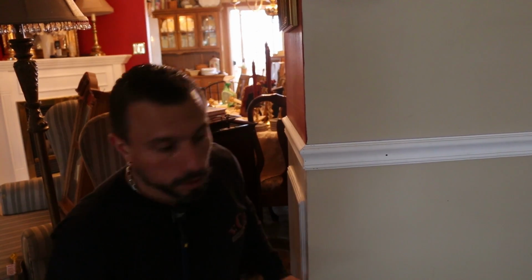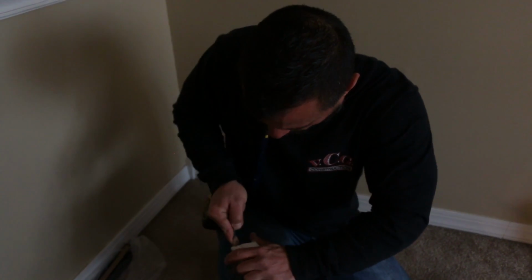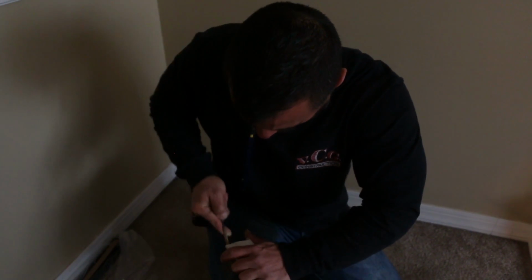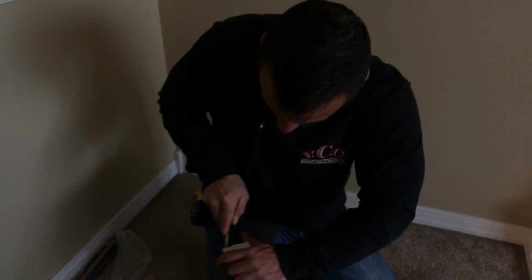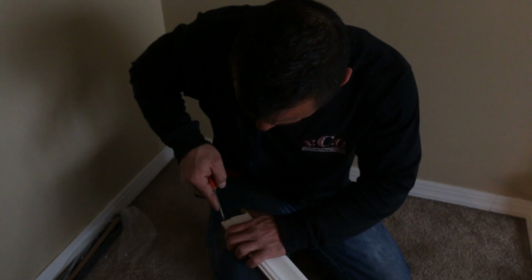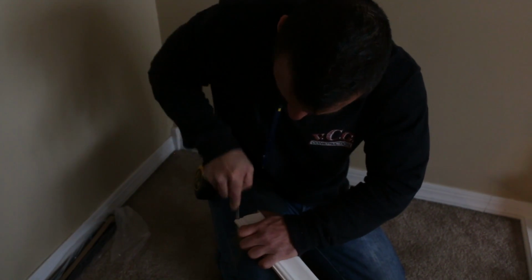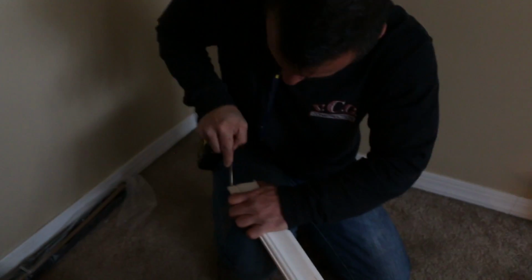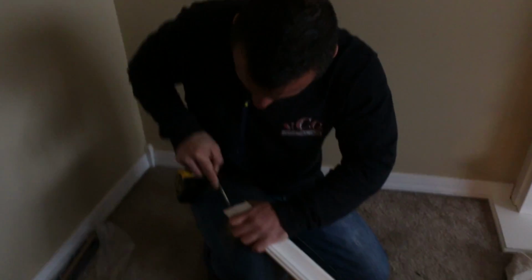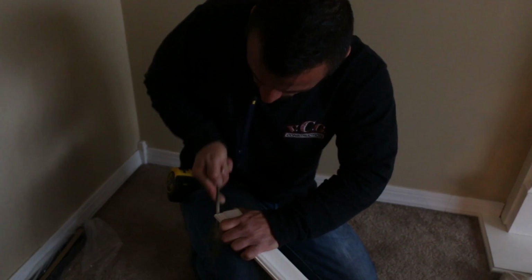All right. Okay, moving along, we're going to hang our third new piece of chair rail. The third piece starts in an inside corner. And to have a proper joint at an inside corner, you're going to want to use a coped cut there. For instructions on how to properly make an inside coped cut, refer back to our video, DIY, How to Cope